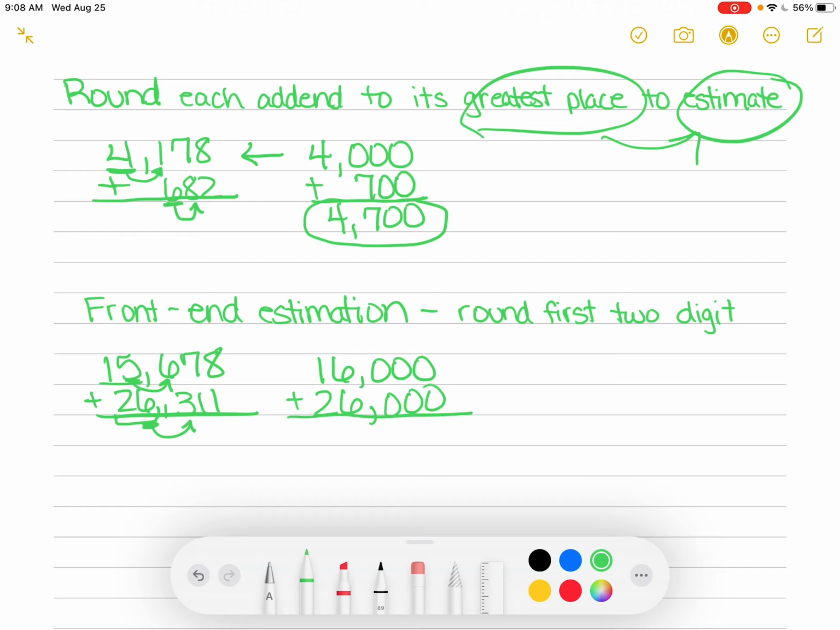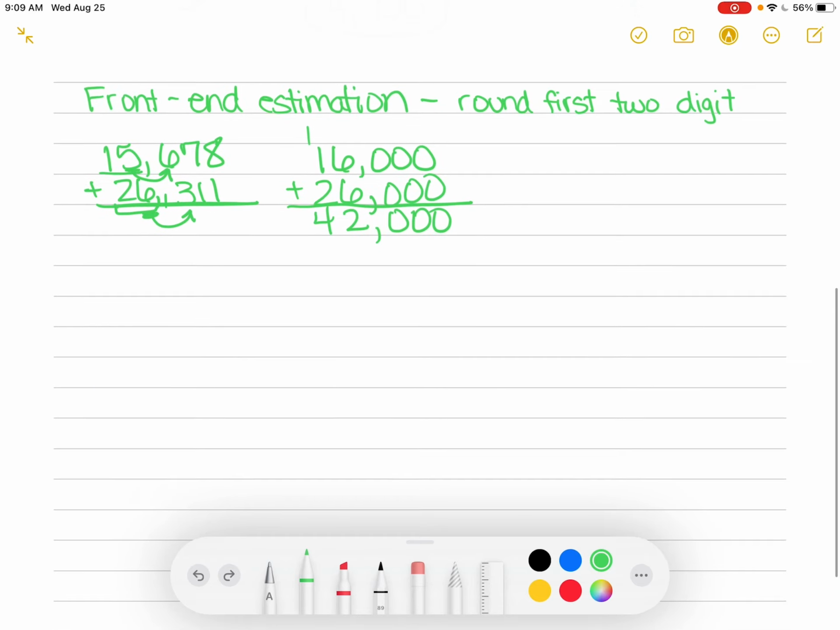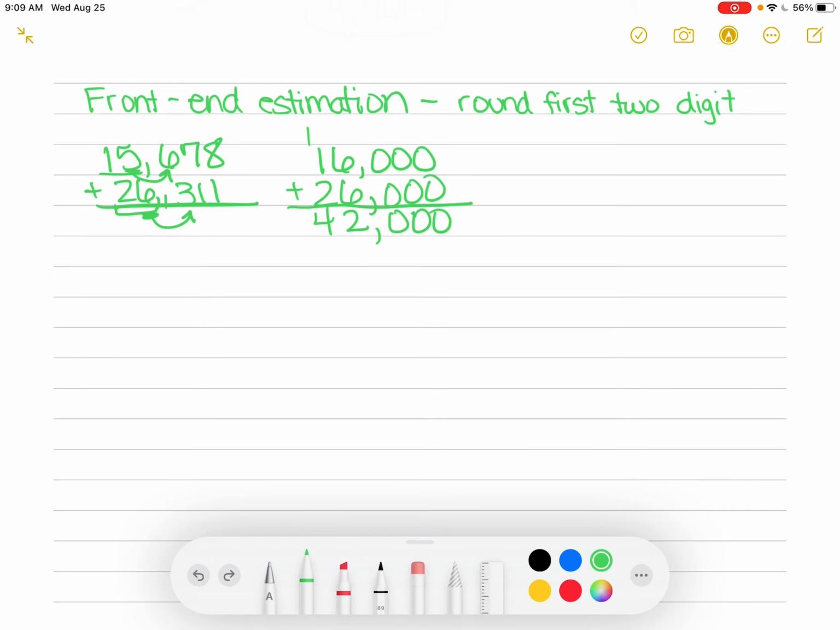So now I can add those. So all these zeros, 6 plus 6 is 12. And now I have 42,000. Remember, that's my front-end estimation, okay? If I did these with the greatest place estimation, then I would have rounded from these places, but that's not what the instruction said to do. Remember, this is on video, so if I'm going too fast, you can hit pause, think about it, you can rewind. Okay, let's do another front-end estimation because I noticed some kids have a hard time when I've only